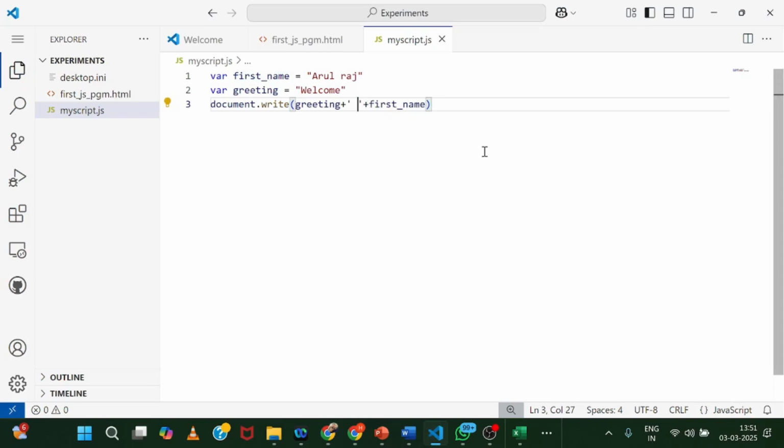See, blank space is a character. Okay, so if you want to add a blank space between both these things, you can give a blank space like this so that you get this space written. Okay, so these are two string variables that we have declared in our